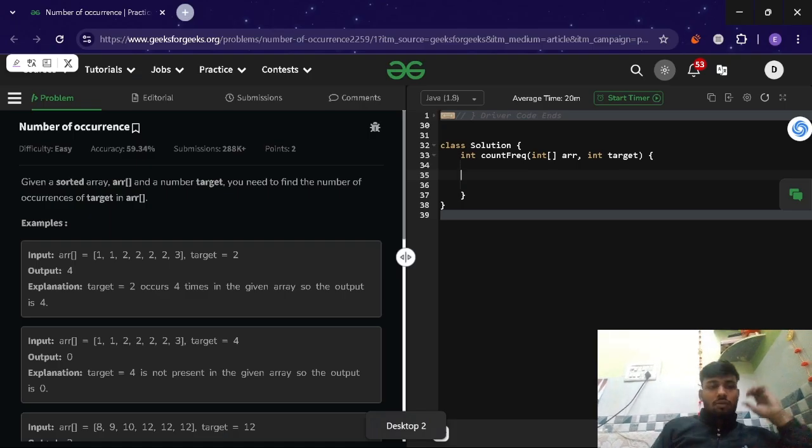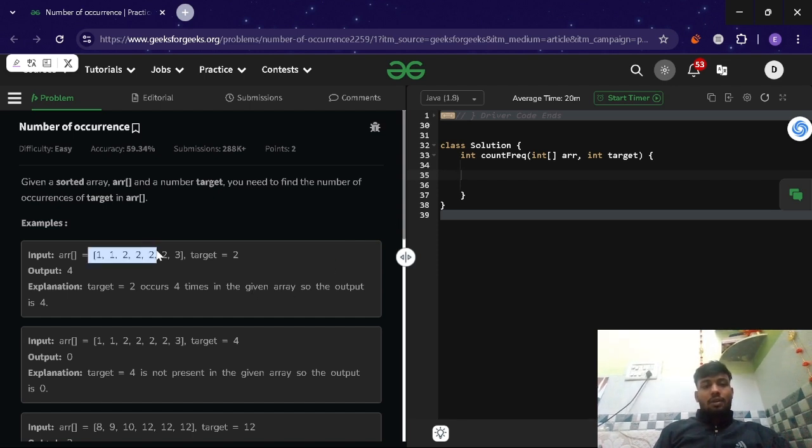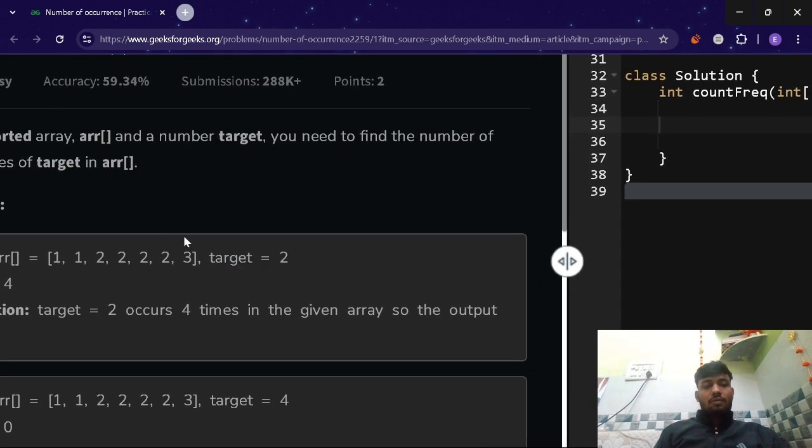सो हेलो दोस्तों। आज का एक और क्वेश्चन हम करेंगे। नंबर ऑफ ऑकरेंसेस। बेसिकली क्वेश्चन ये है, आपको एक सॉर्टेड एरे मिलेगा। सॉर्टेड एरे में आपको एक टारगेट दिया जाएगा, आपको टारगेट की फ्रीक्वेंसी फाइंड करनी है। इन दैट केस टारगेट इज 2 एंड द फ्रीक्वेंसी ऑफ 2 इज, यू कैन ऑब्जर्व, दैट